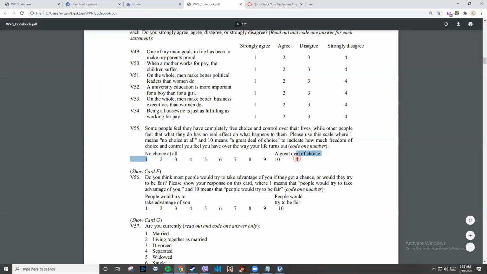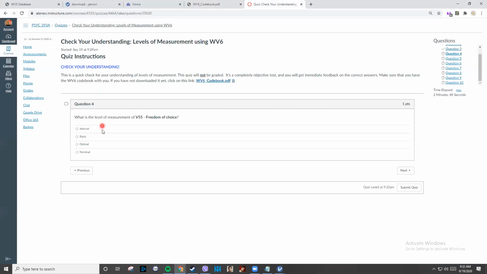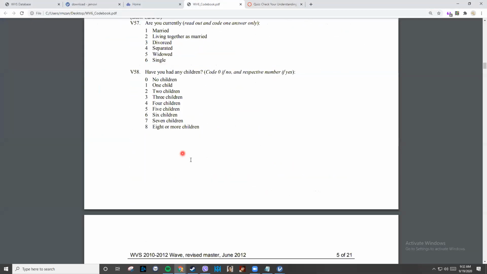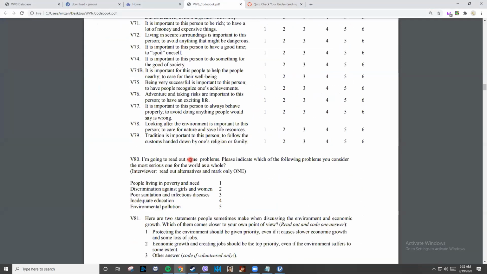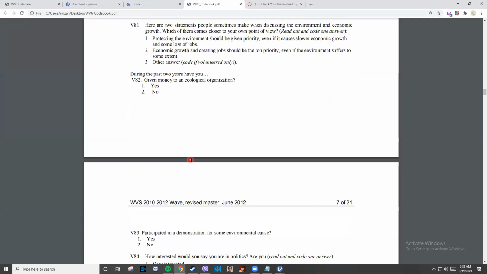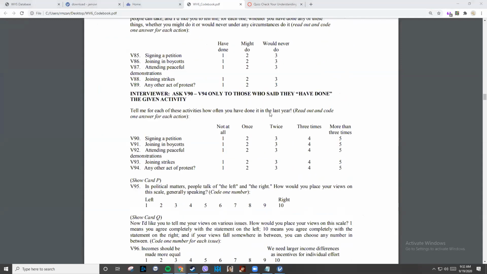So 5 is a Likert, but the module says to code it as interval data. Weird though. I mean, I don't know why it should be interval, but okay. 90 to 94 is asking about frequency.